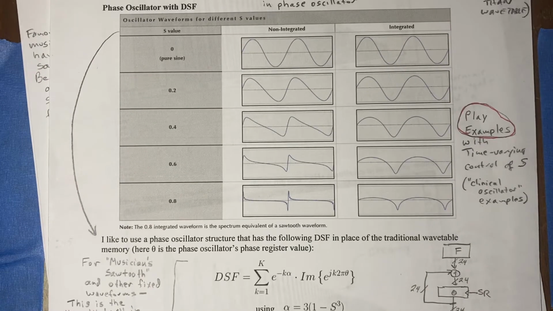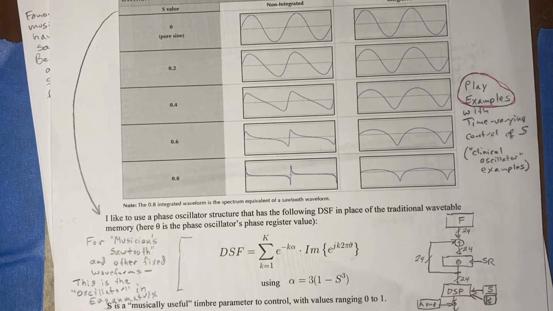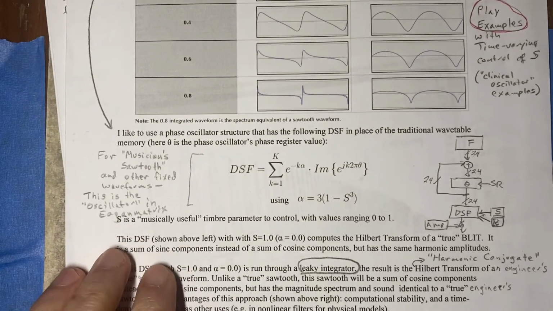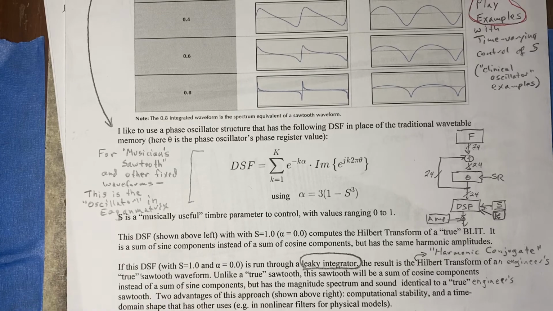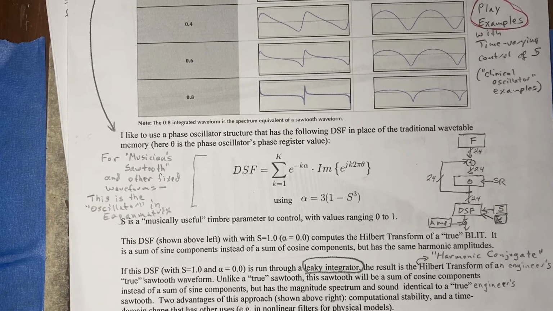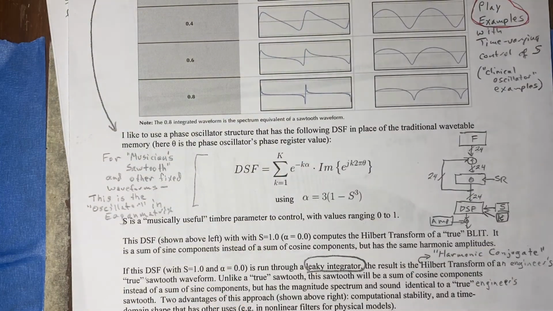So, what is going on here then? S is a musically useful timbre parameter that you can control. We use it in the range of 0 to 1, as you know. The DSF pictures that you have in this first column there are with